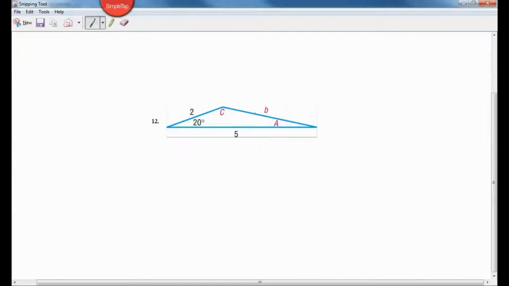So side B, or B squared, is equal to A squared. Do you remember what side A is? It's the side across from angle A. So this right here is A, and this is C. So A squared would be 2 squared plus C squared, which is 5 squared,